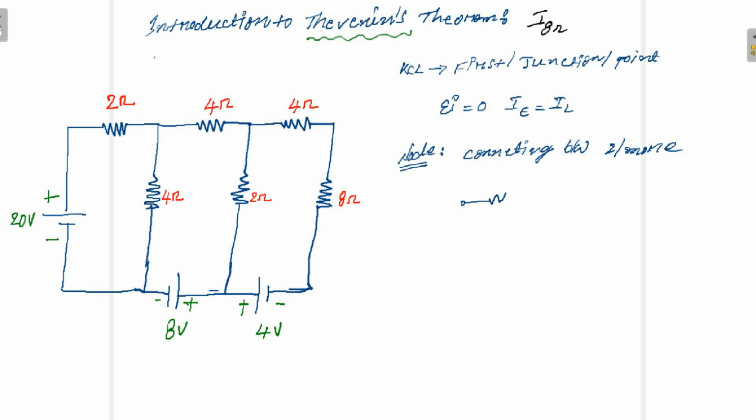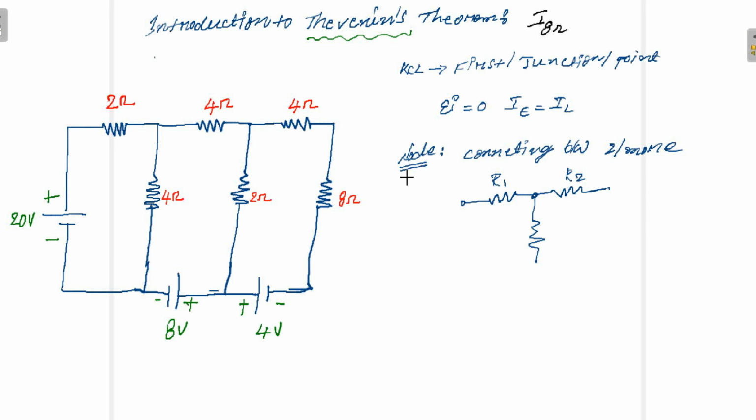For example, if this is a resistor R1 and this is a resistor R2, at this point these two elements are connected. So in general we can consider this a node. If I connect one more element, it is also called a node, because at this point two or more elements are connected. But in a strict sense,